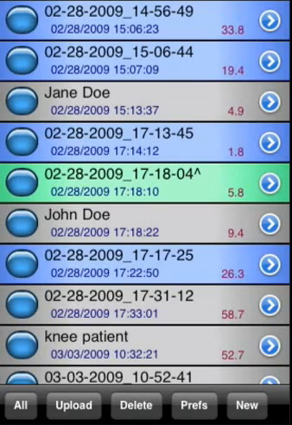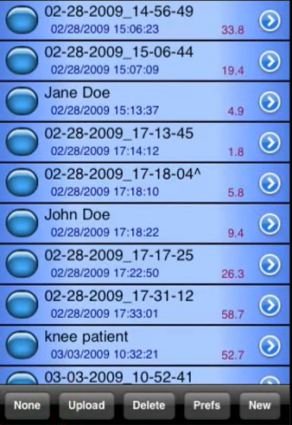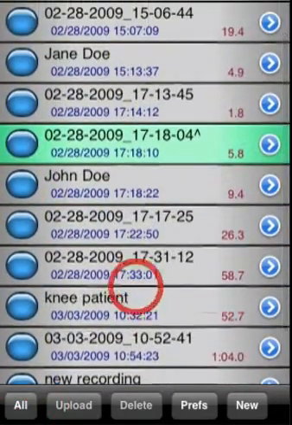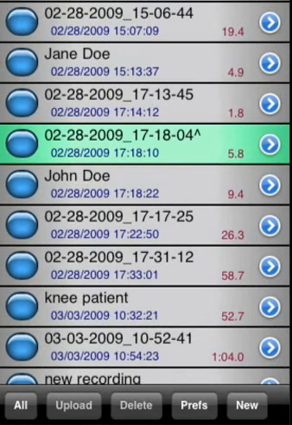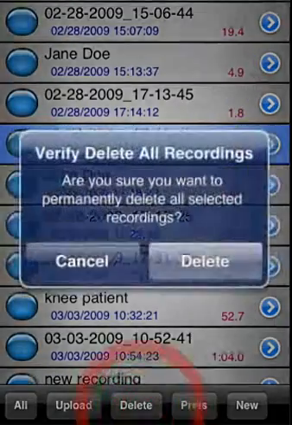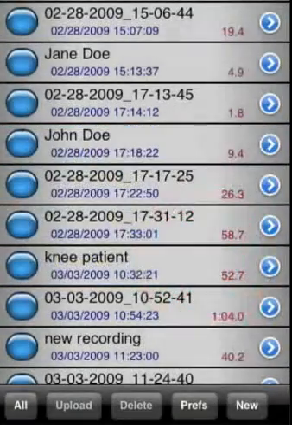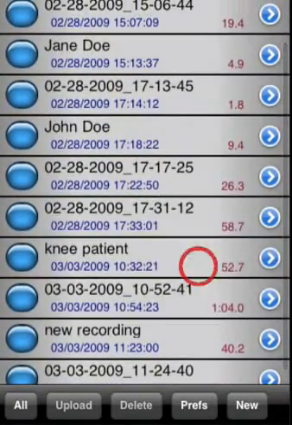So in order to select all of the items, simply click this All button, and all the items in your list will get selected. Click None to select none of the items. So for example, if I wanted to delete this uploaded transcription from my MyDictation software, I simply select that one, and again I can select multiple if I want, and hit the delete button down here. This then allows me to delete any selected recordings, and then that recording will get moved